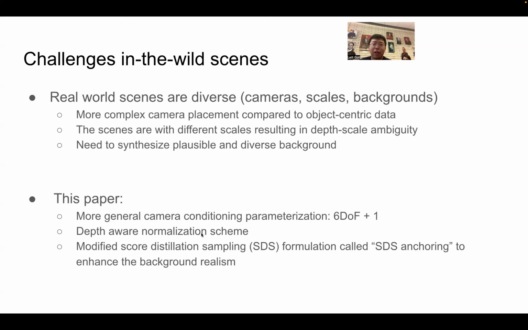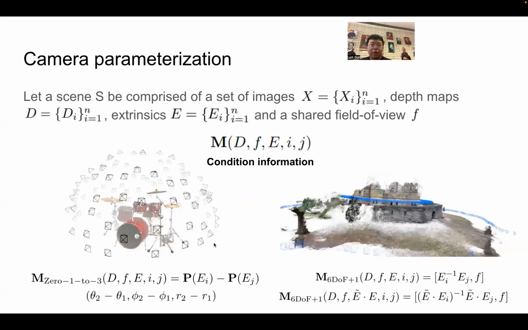Basically, on the camera side, it uses a more general parameterization. On the normalization, because the scale can be different, it has a depth-aware normalization scheme, and they also modified the SDS formulation to better handle the background. Cool. Let's talk about them one by one. For the camera parameterization, we know that at the object level, all the cameras are looking at the object, so it's pretty simple. You can just subtract the theta, phi, and the radius r. You can already get the relative camera